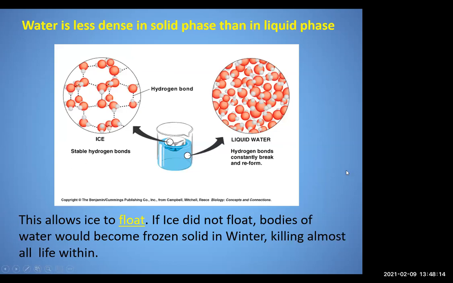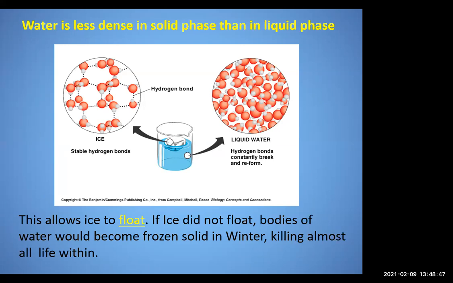And then the other really cool thing about water is that it's less dense as a solid than as a liquid. And as I said, this is very rare. If you took, for example, vinegar and you made ice cubes out of vinegar, and then you put them in a jar of vinegar, they would sink to the bottom immediately. So ice floats. If ice didn't float, oh, it already says that on the slide. Well, if ice didn't float, what would happen?